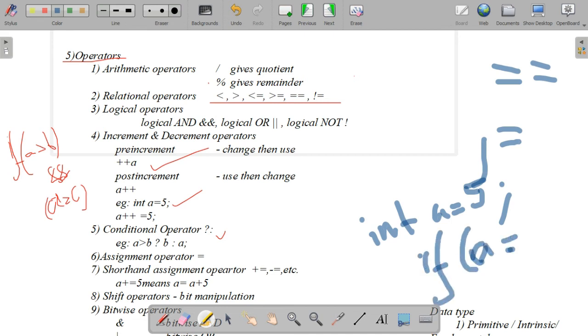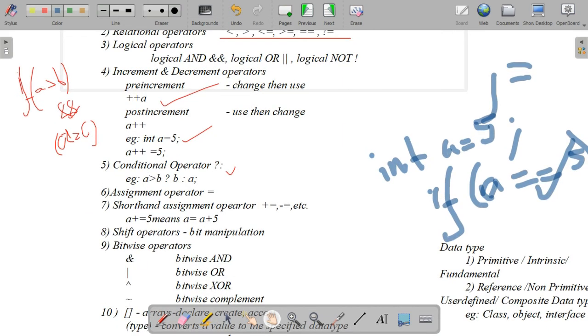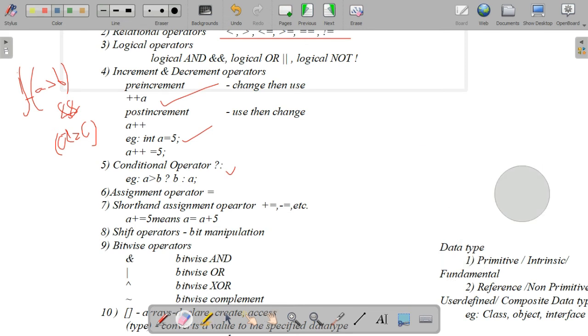Using the assignment operator we are initializing. Then double equal to means comparing the value. It checks whether the value of a is equal to 5, yes or no. So this is the comparison operator, checking the equality of the values.